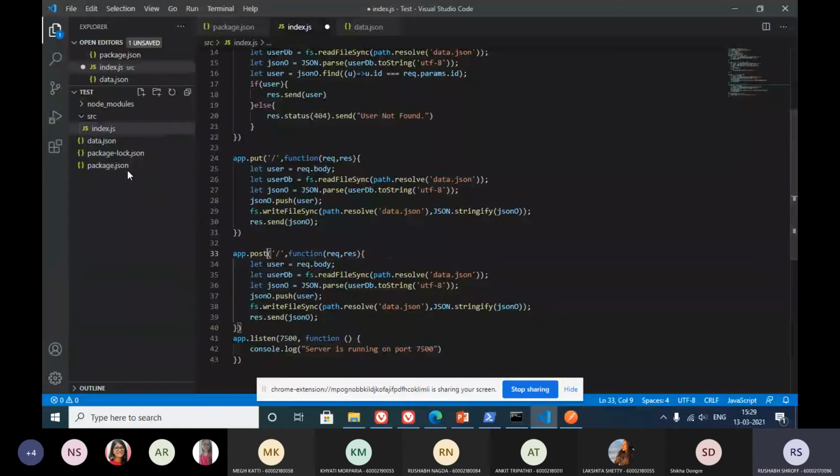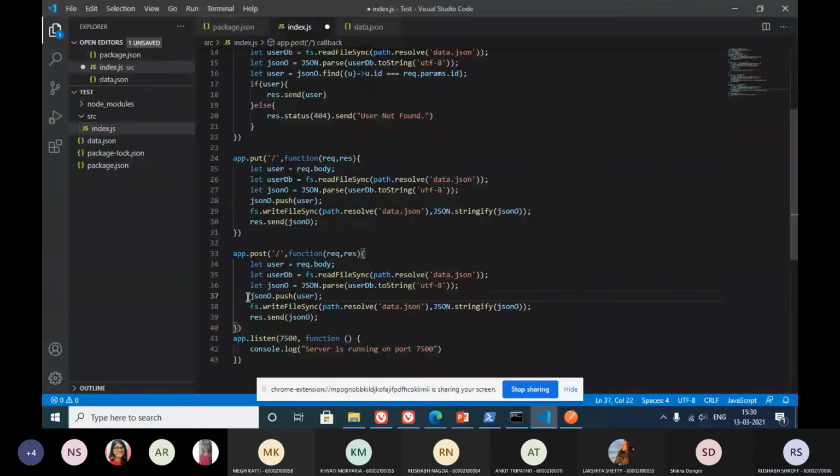Then again we are going to read this file, convert it into a JSON object, but now we are going to find the index of the user where the ID is specified inside this. So we need to make sure that there's an ID inside this particular object that we've received inside the body in the request.